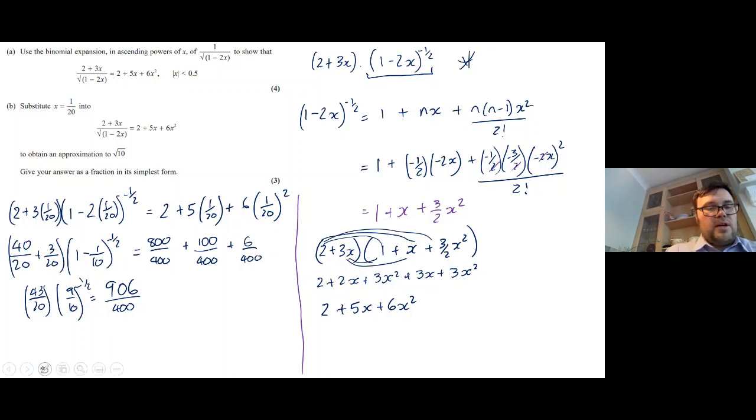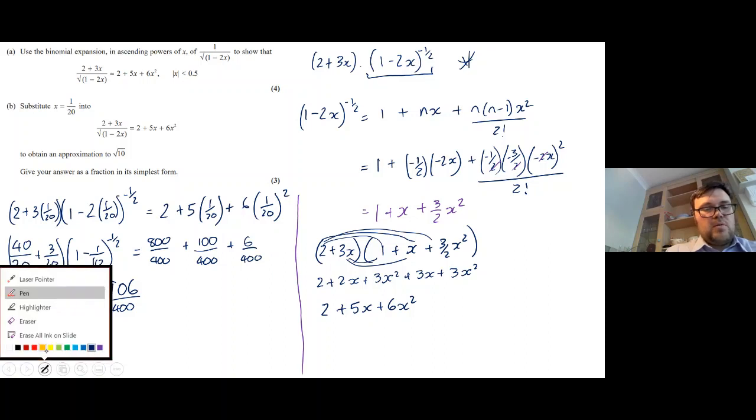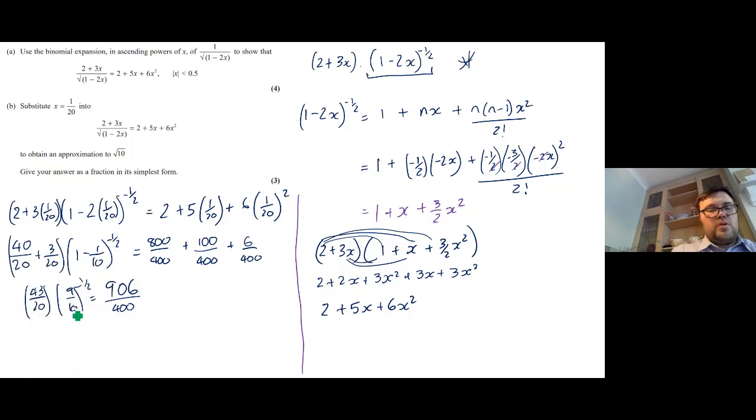If I move using a different kind of pen, let's go to green. So if I flip it, I now have 10 over 9 to the power of a half, and that is equal to 906 divided by 400 times 20 over 43. I'm going to put a line here so that I can block it off. So then that's the square root of 10 over the square root of 9, and that is equal to,